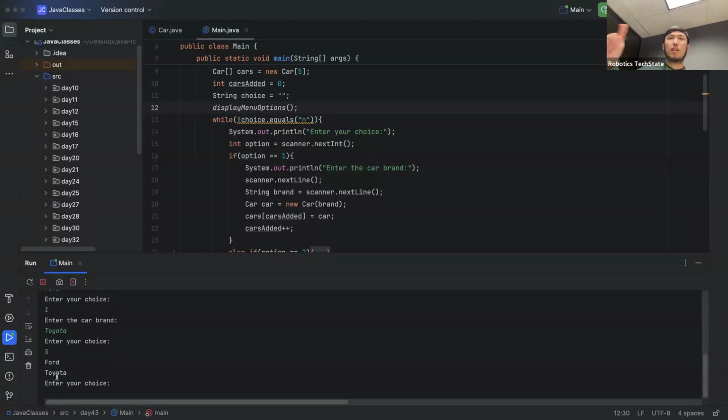What's the value of cars added right now? 2. Is it true that this Honda will be assigned to the index 2 element? So we can use this cars added variable. Honda, my choice is 5. So now we have Ford, Toyota, Honda. So array is